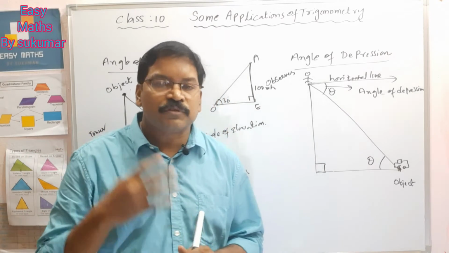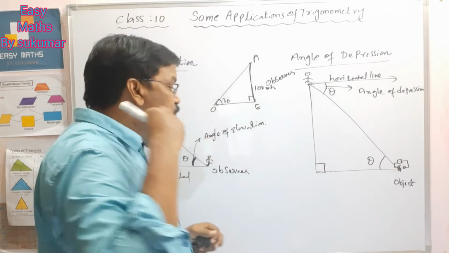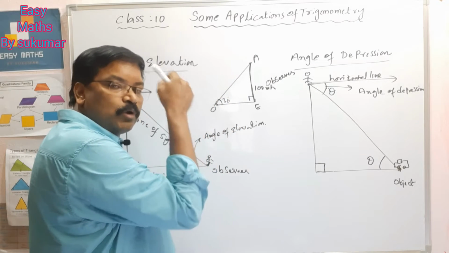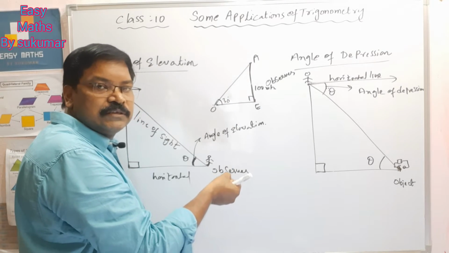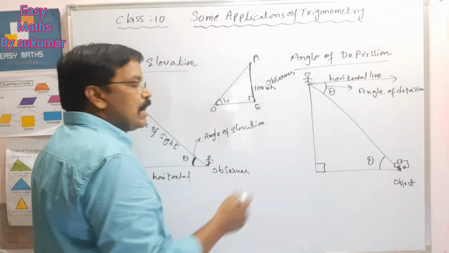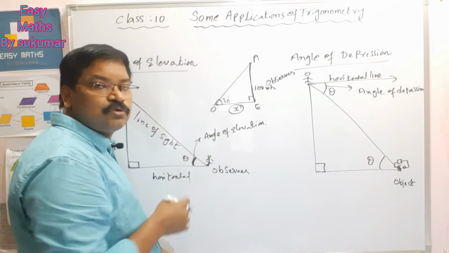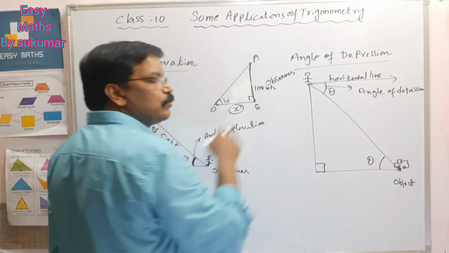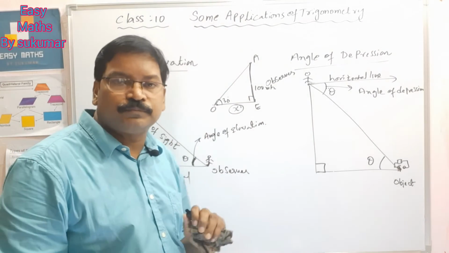And after that, the fourth step is, my dear students, which trigonometric ratio should we apply? The fourth and most important point is, which trigonometric ratio we have to use here. Here, this is opposite side and this is adjacent side. I have to find this one, this OE. That means the width of the road, or the distance between the observer and the bottom of the electric pole.